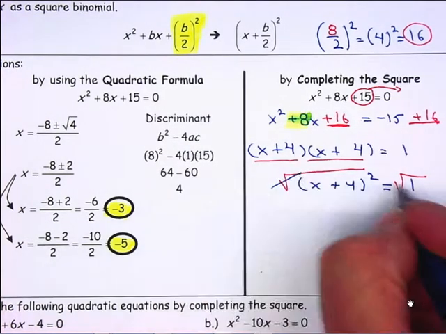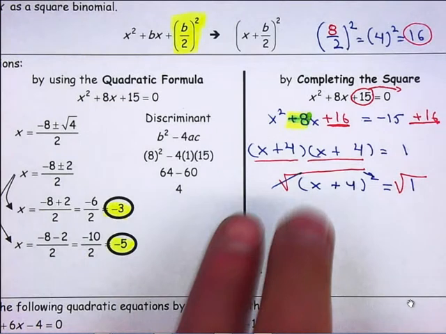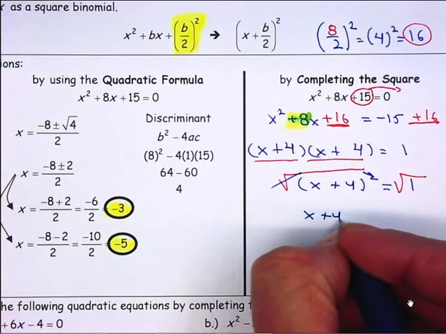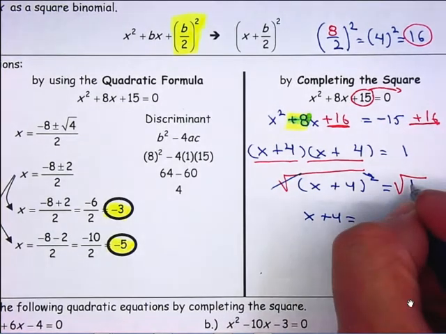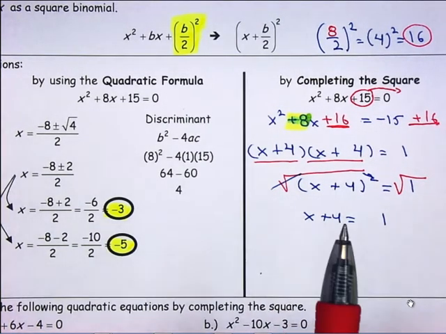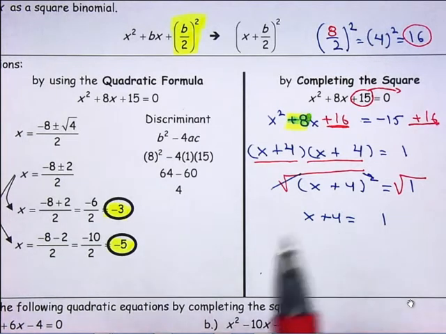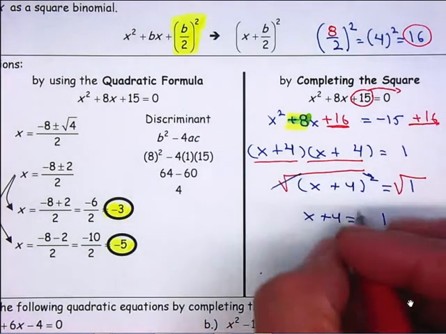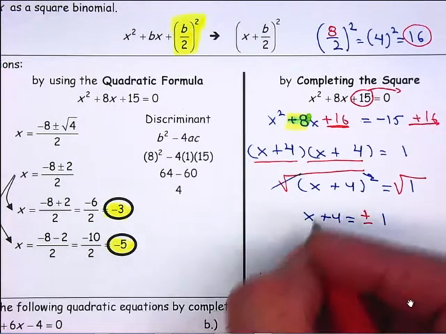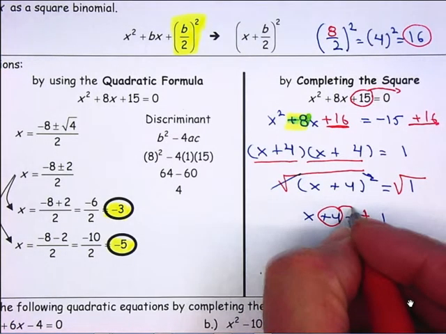The square root and the square cancel, because they're the inverse of each other. Therefore, I have x plus 4 is equal to the square root of 1, which is 1. And I forgot something. What did I forget? Correct. Every time we take the square root on both sides, we need to have a plus or minus. And the last step will be just to move my 4 to the right so I can leave the x